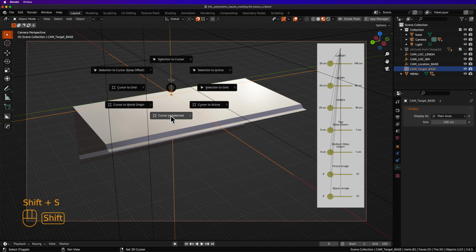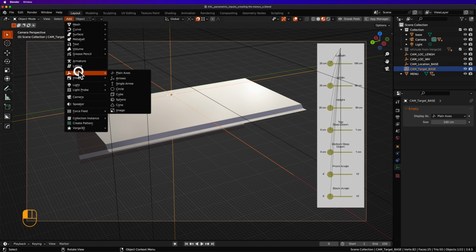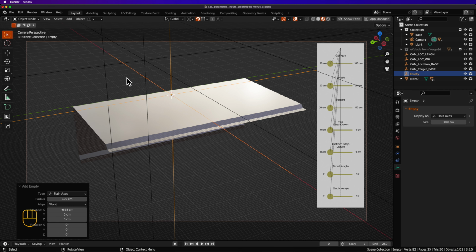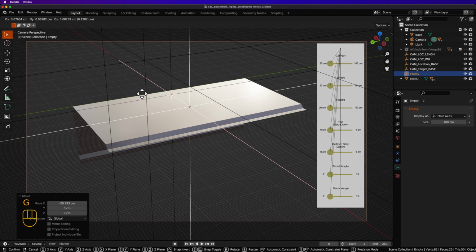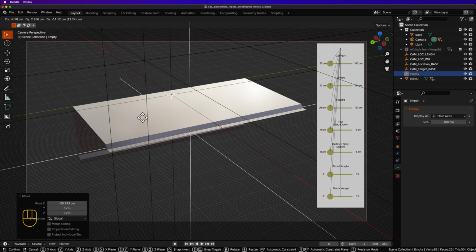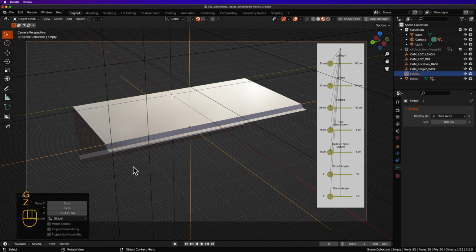Shift S. Cursor to selected, and I'm going to add another empty, and then I'm going to G X that and move that there, and Z actually, move that down to about there and call it cam target